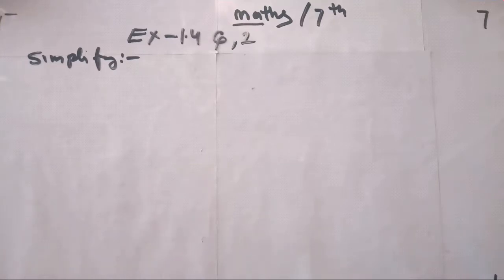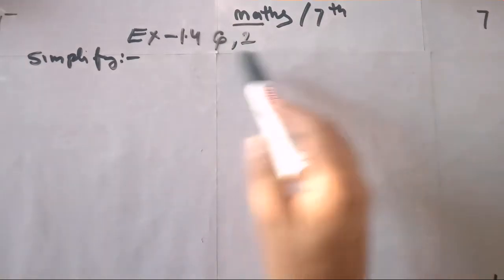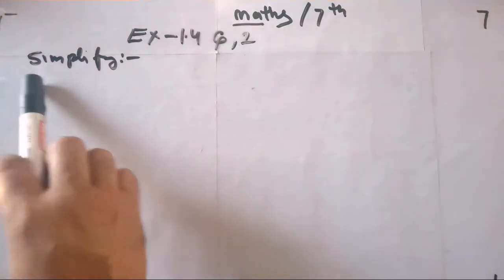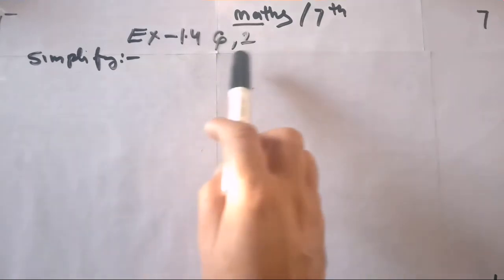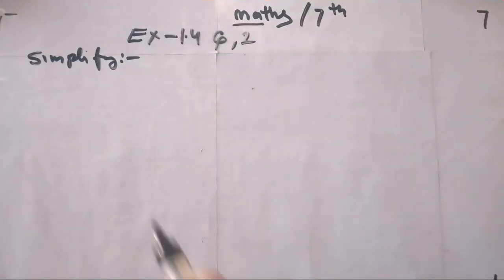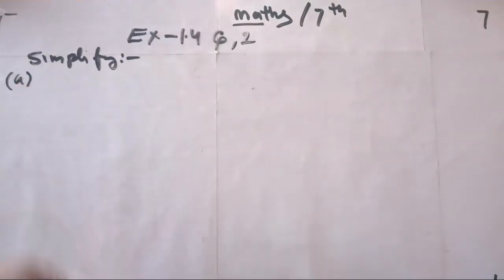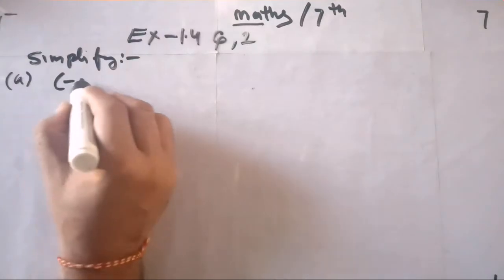So beta, today we are taking a very important topic of class 7th mathematics, exercise 1.4, question number 2. Here you have some parts of question number 2. Here you have to simplify. I will solve only two parts. I am taking the first part, this is A, minus 5